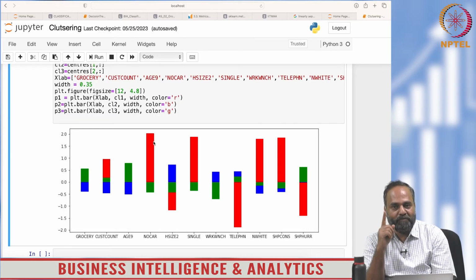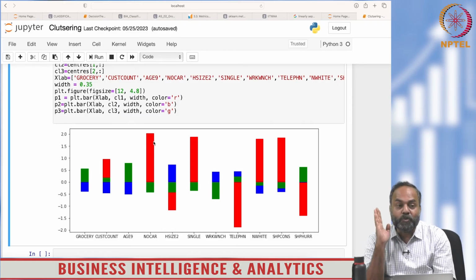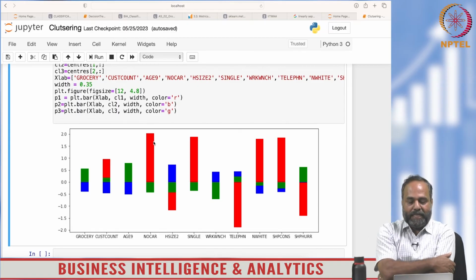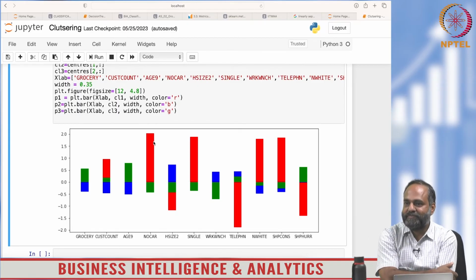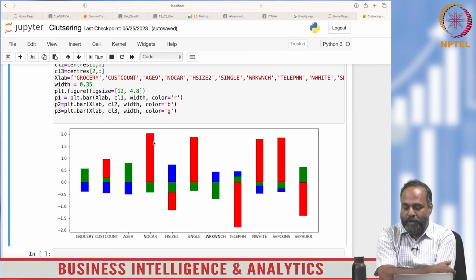And if you are thinking of promotional tactics, is there anything useful here? So, the important question for a manager is, how is it useful? How do I run my promotional tactics? How do I design promotions for clusters? Now look at the green cluster. You see almost an opposite characteristic,